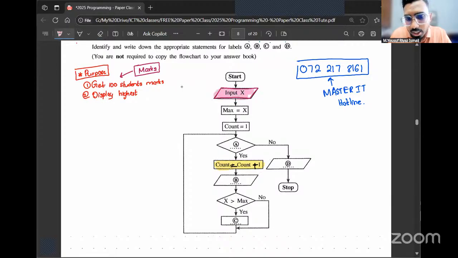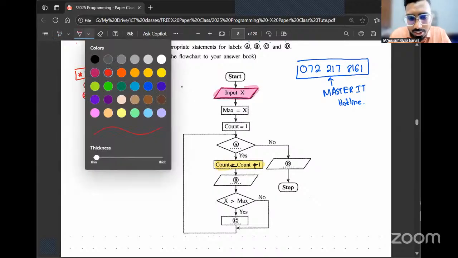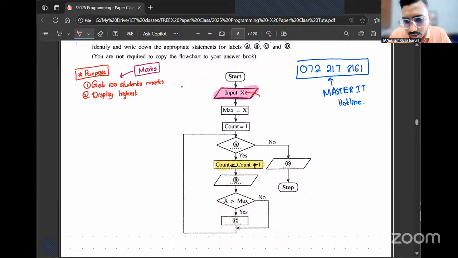Because it's an input instruction and there's only one input the question is talking about, this variable X is used to store what? Exactly. The variable X is used to store a specific student's mark. Is that part clear, all of you? Understood the purpose of X? How did I figure out X is used to store marks? Because that's the only input the question is talking about.